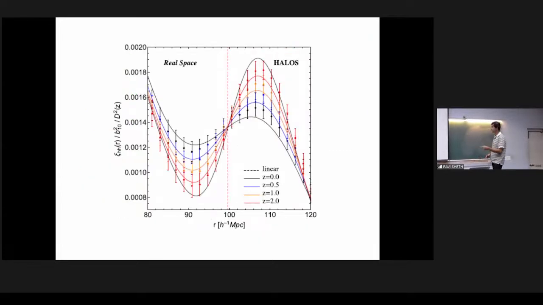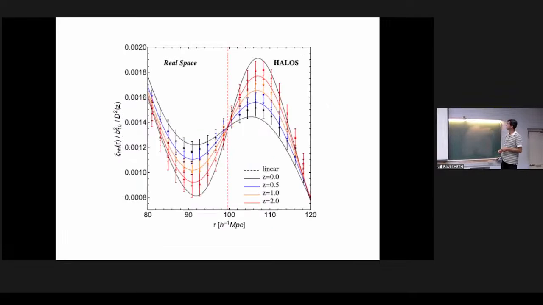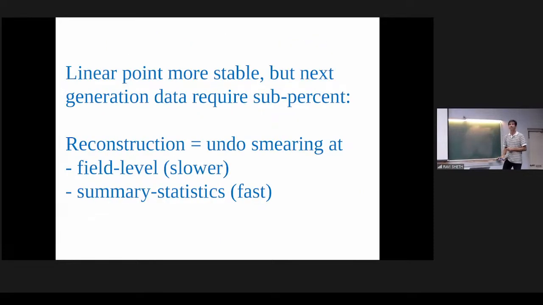If you are happy to make assumptions about the detailed shape of this curve, then what you do is you fit a lambda CDM motivated template to this curve, and you find the best lambda CDM template. So that's what the field will do. We do something simpler. We just find that linear point. And we have some understanding of why that's good, so you can ask me later, because I'm late. So the linear point is stable, we understand why. And so we will use that to quantify the length of the standard chord.